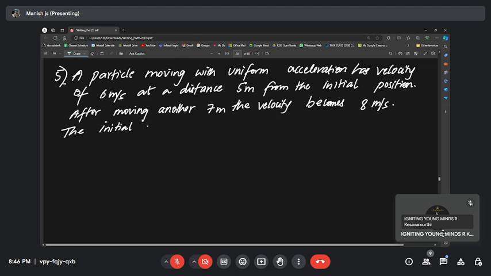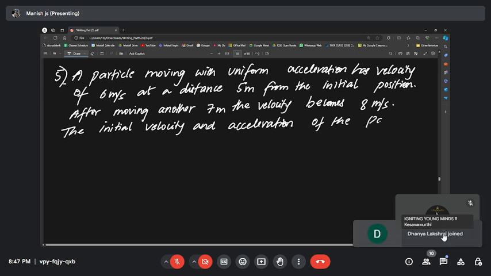The initial velocity and acceleration of the particle are